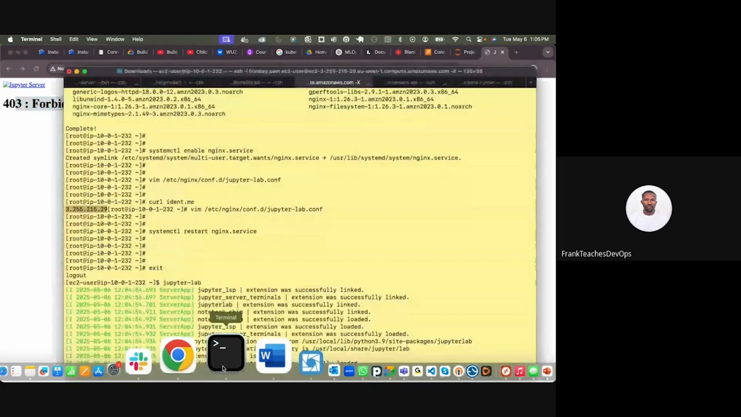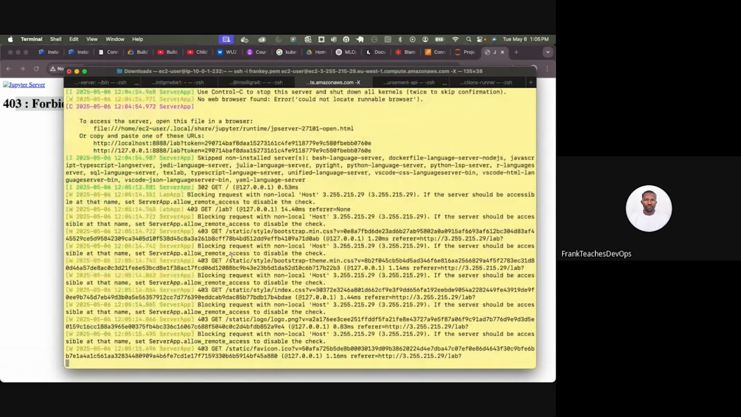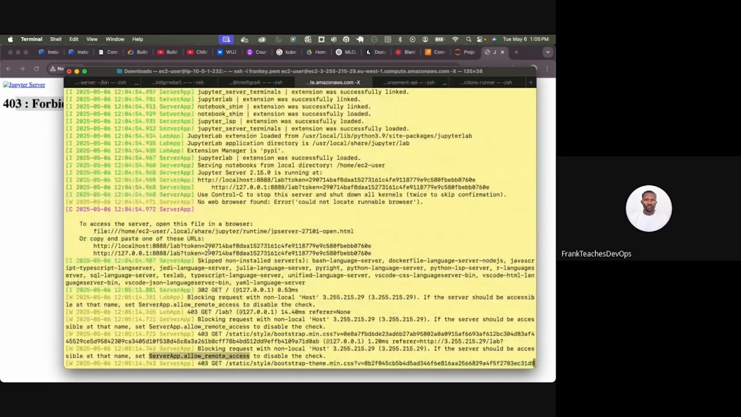Now if I check the error, I should have some errors. Look at what's happening. It says it is blocking requests with non-local hosts. It is blocking requests for this host because this host is not a localhost. If the server should be accessible remotely, set ServerApp.allow_remote_access to disable this check. So we need to pass this as a parameter to our JupyterLab